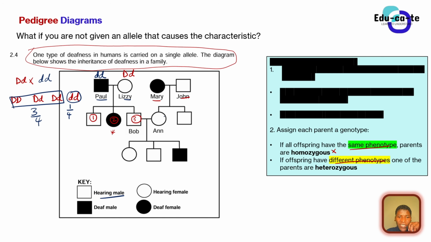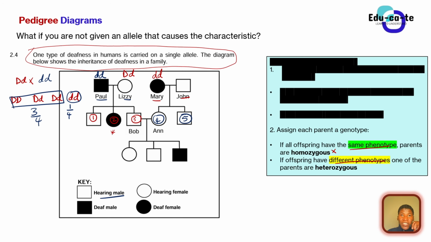Okay, let's just try to see it from Anne and her brother. So we've got Anne here, which is individual 4, and their brother, individual 5. Let's just look at whether this condition works. Anne and her brother, individual 5, are the children of Mary and John. Mary has the condition, so we let Mary be small letter d, small letter d.